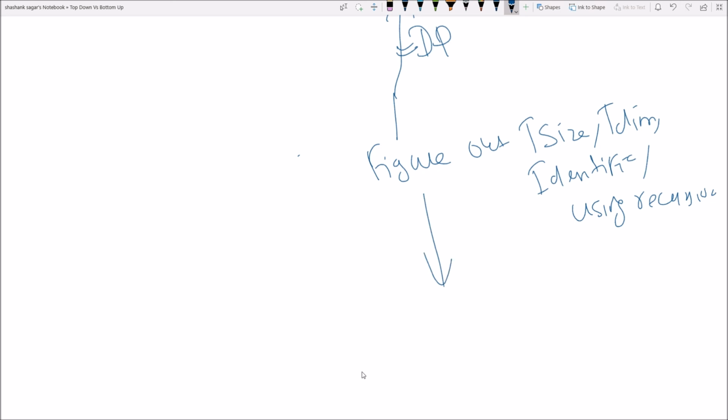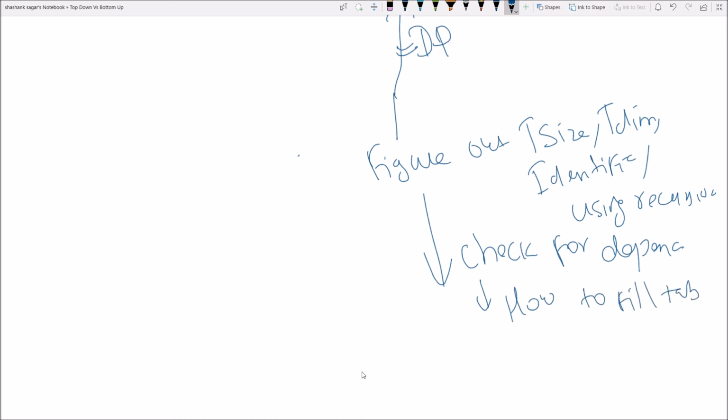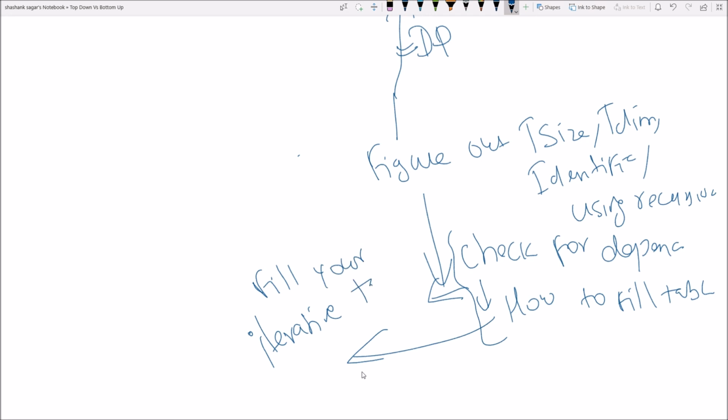And once you have done it, you will check for the dependencies. That is, basically it will tell you how to fill your table. And once you have these two, you just need to write iterative code and fill your table. That's all.